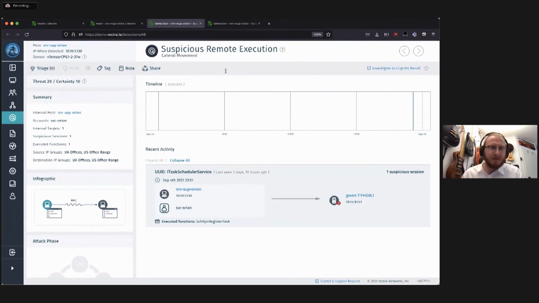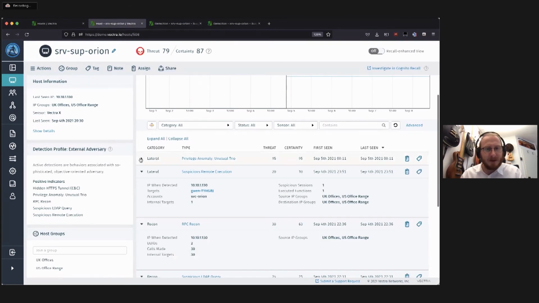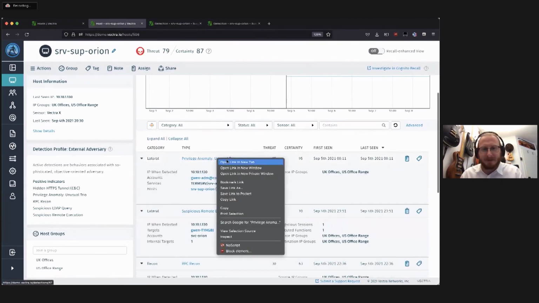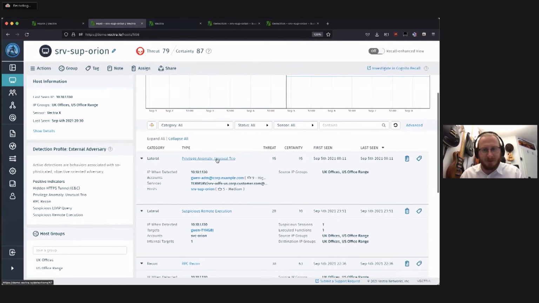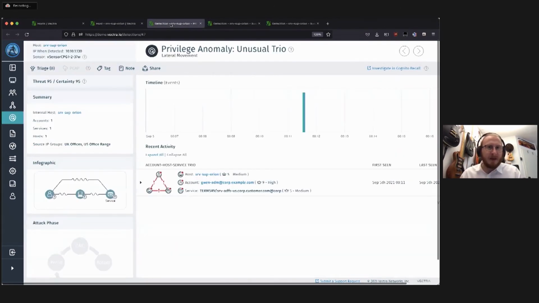Let's have a look at what happened next. So let's go back to the Orion system, and then something interesting happens. We see a privilege anomaly. That is something that is really hard to replicate in a SIEM solution, because all our detections are not based on signatures. We are doing those detections based on algorithms, based on neural networks.